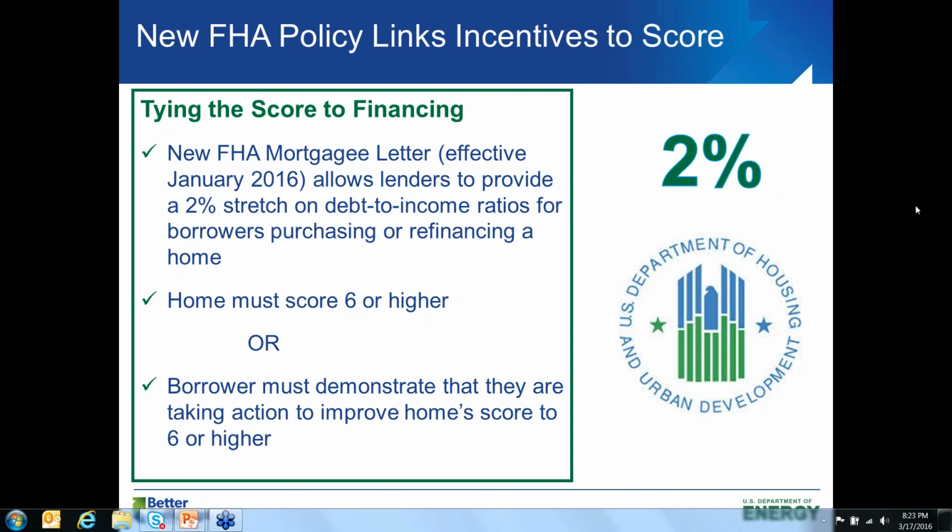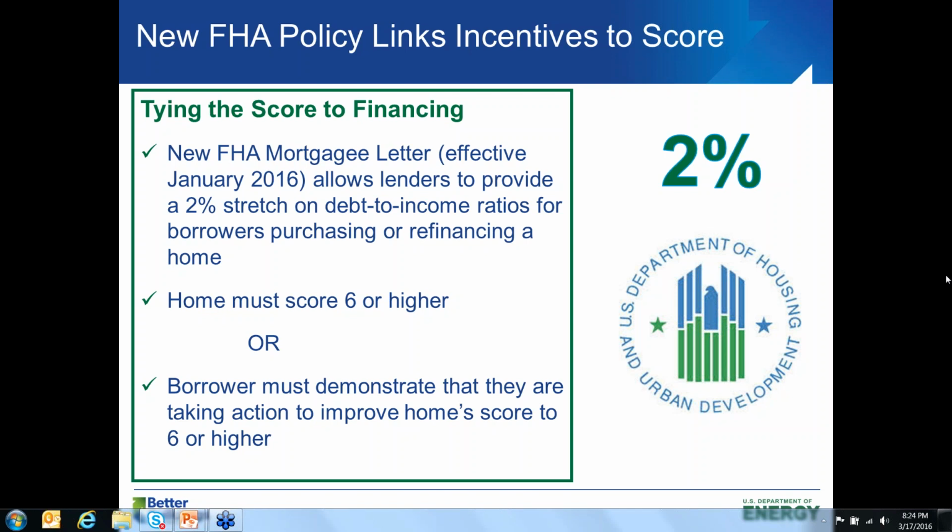Like the one example they showed us was somebody qualifying for a $75,000 house, and with the 2% stretch, it actually got them to $100,000. So it's more than I expected it would be, given that it doesn't sound that exciting, 2%. But I do believe we're going to move forward and really make this an important part of transactions, and it's going to take a little while, but I do think the intent is to try to get lenders to use